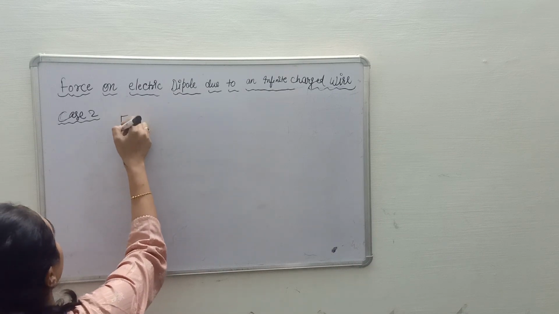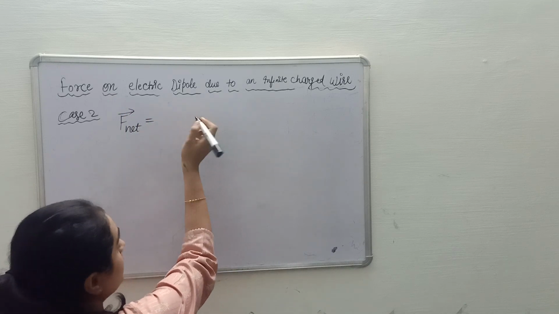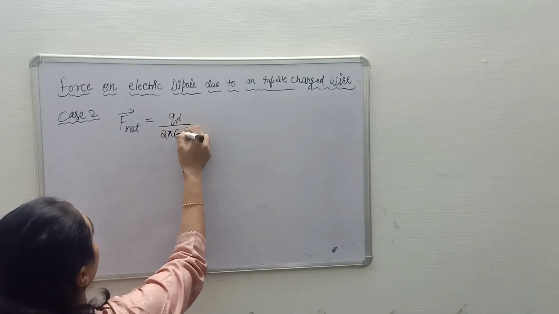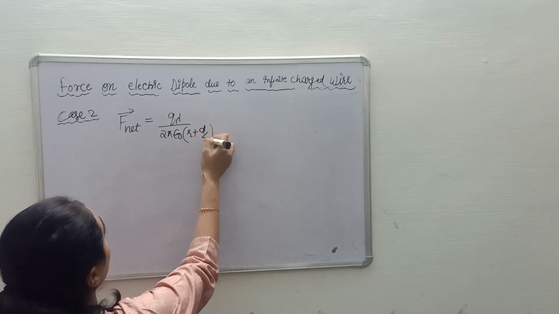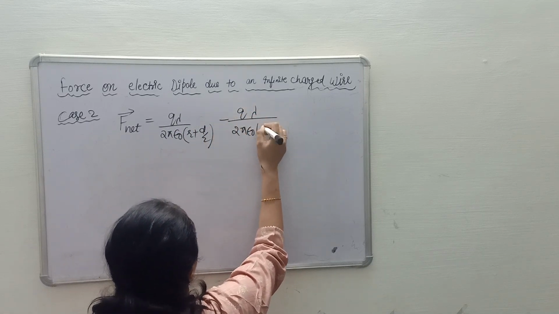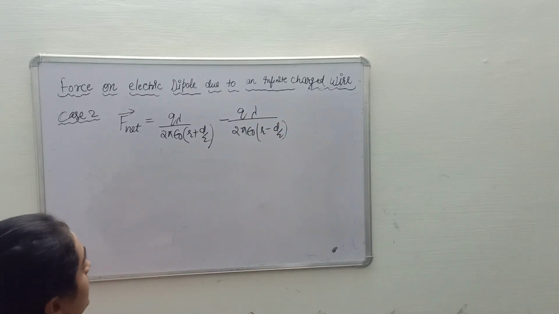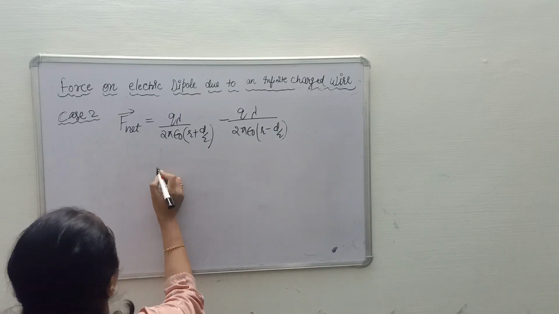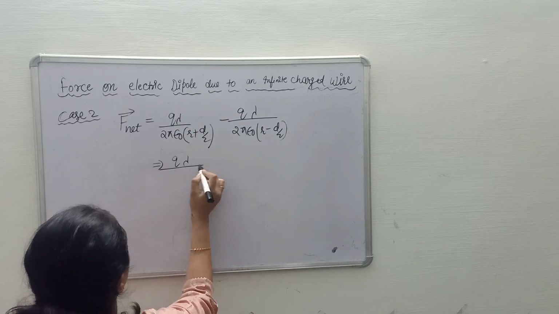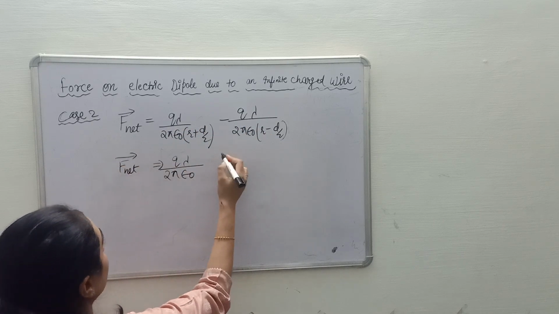So F net will be equal to q lambda, from the previous equation, by 2 pi epsilon naught (r plus d by 2), right, and minus q lambda by 2 pi epsilon naught (r minus d by 2). Okay. So if we take the common quantity q lambda by 2 pi epsilon naught, this is common, and it is